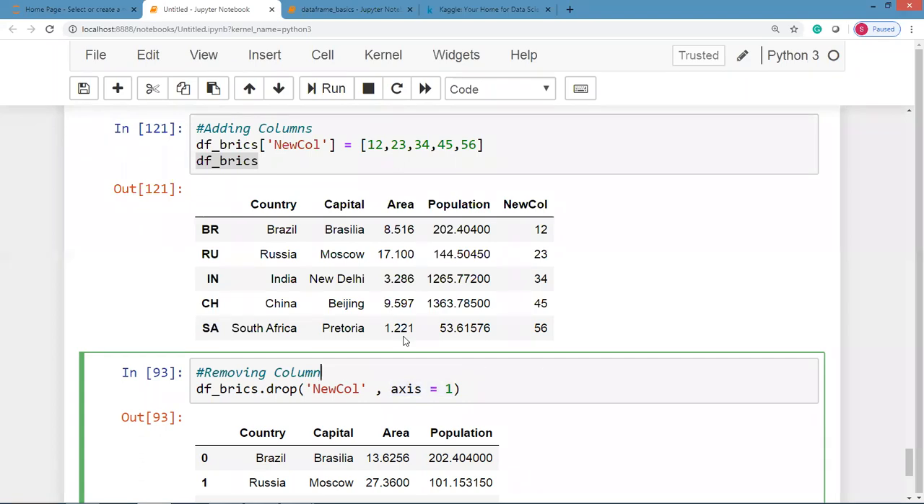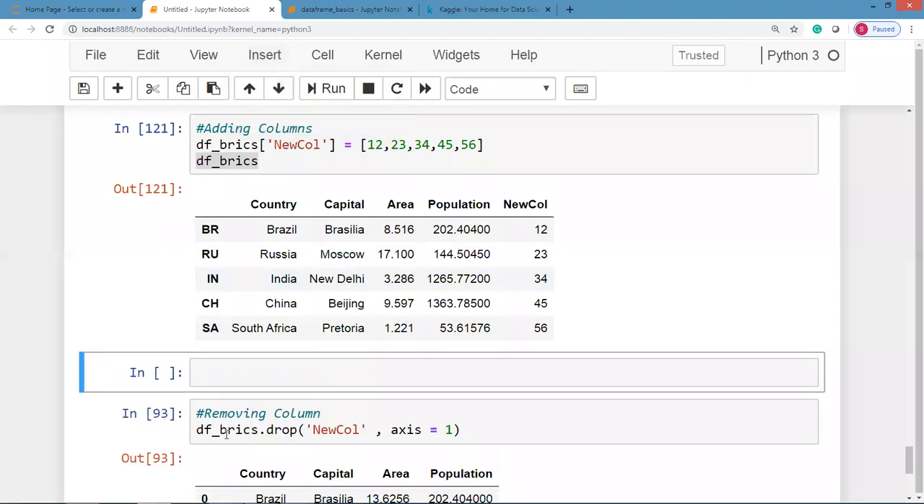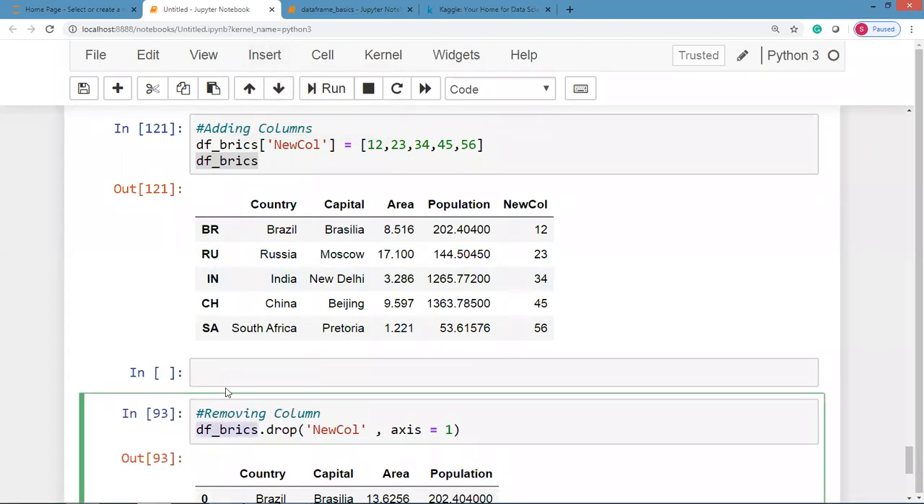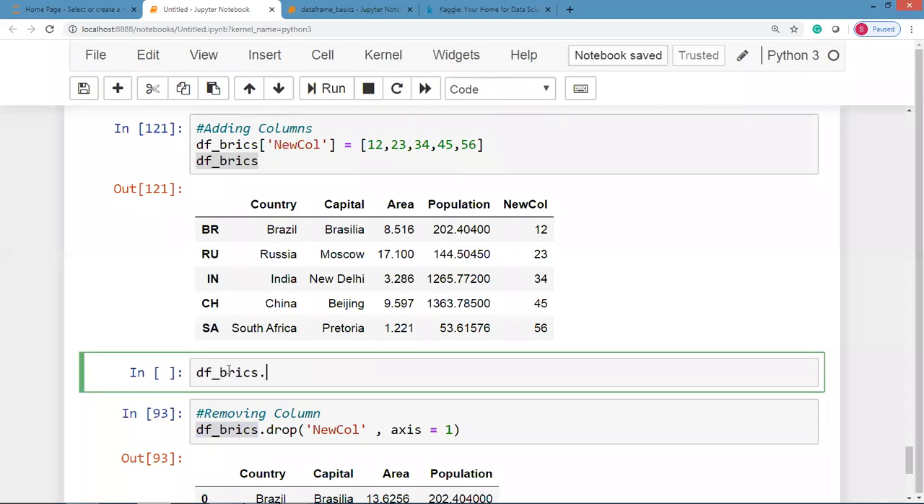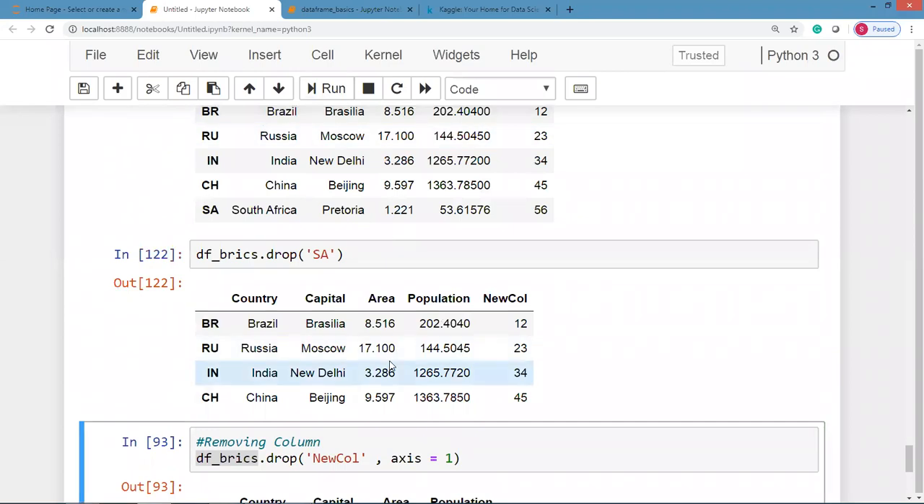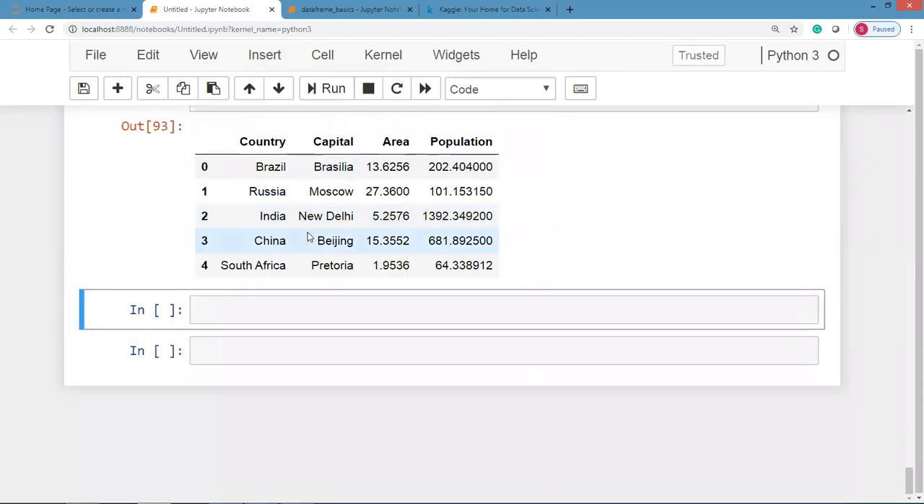Now, assume that for whatever reason, you say that now I want to remove a particular row. If you want to remove a particular row, I'd just say dot drop. And what is the row you want to specify? I want to say SA. So you can observe that SA is removed. But now my question is, is it really removed, or is it just giving me back the data without the last row? To understand that, we'll relook into this